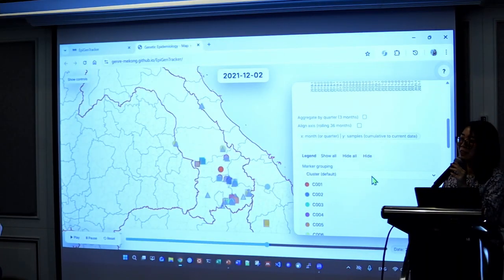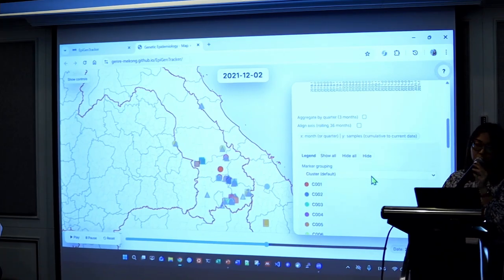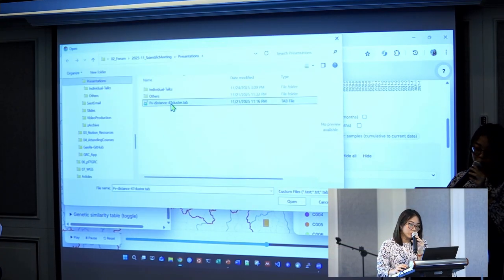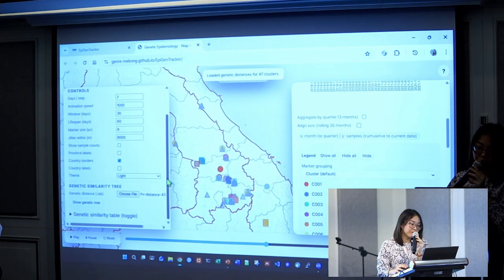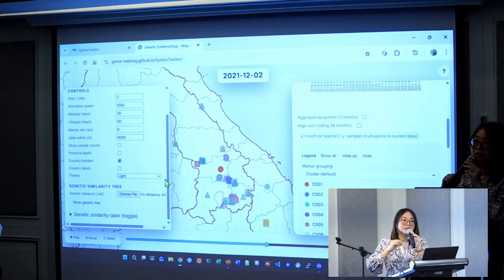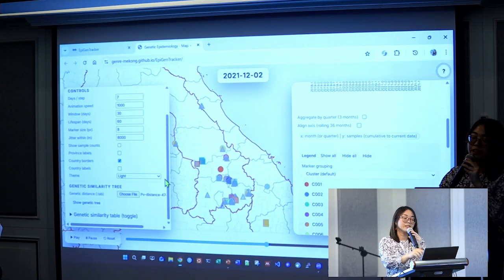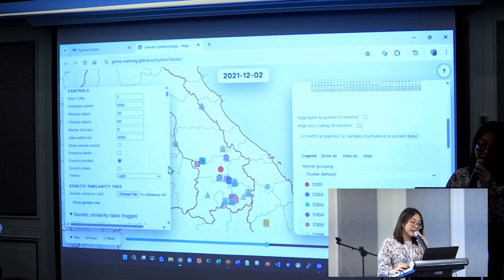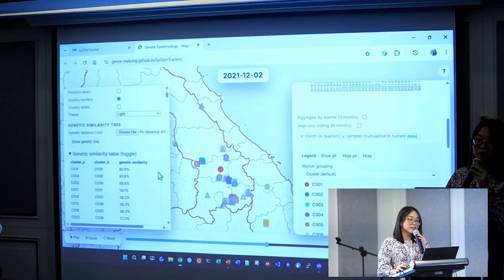And so with so many strains, we're not going to be able to track them all. So we're just going to track the one that is most interesting for us at the moment, which is, I am interested in seeing strains that might be very similar to each other. And so for that, I will give it the genetic tree, to draw the genetic tree. We have the genetic distance that we compare how similar each of these clusters are, and then we just use it for this application,